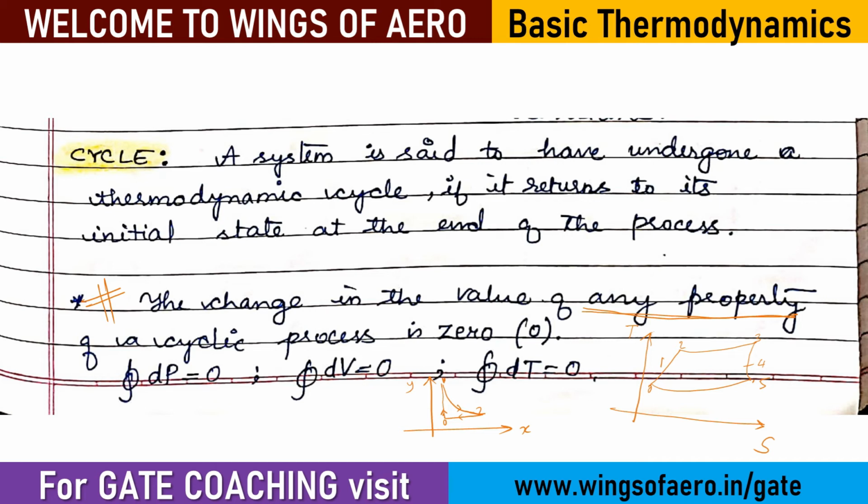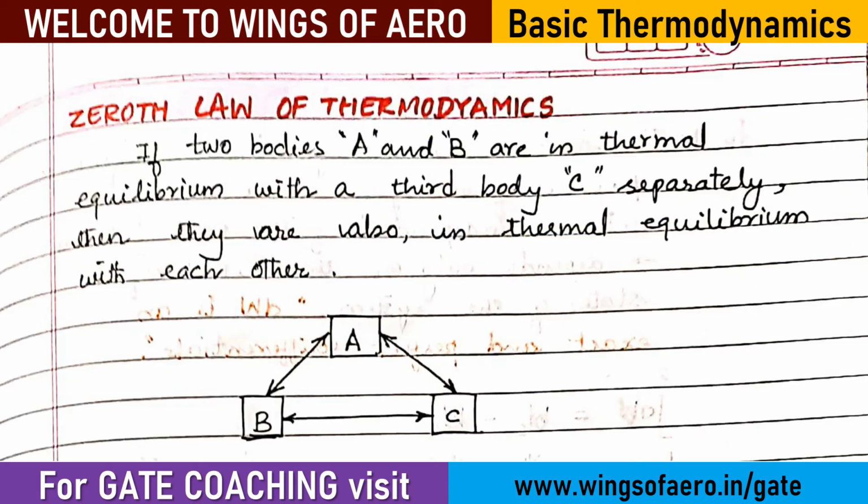So we know that for a closed path, the circulation, however the path it follows, has to be 0. Circulation in a closed path has to be 0. So you don't need to calculate the value and substitute in the formula to get the result. You can directly put the value there as 0. Okay, so this is one of the key concepts. Whatever the sum of the pressure, it is going to be 0, the sum of the volume is going to be 0, even the sum of the temperature is going to be 0. This is one of the very key points.